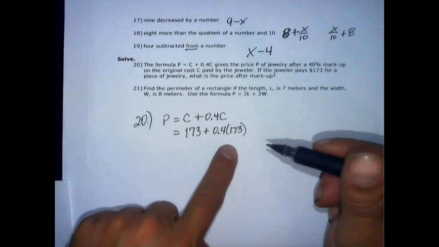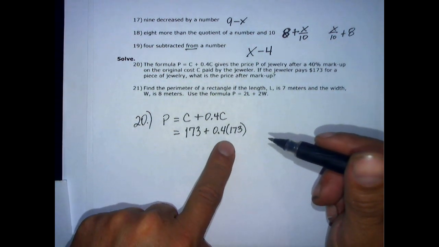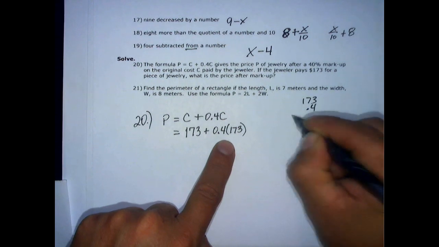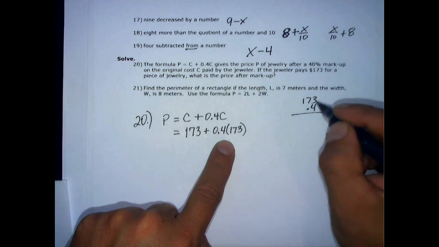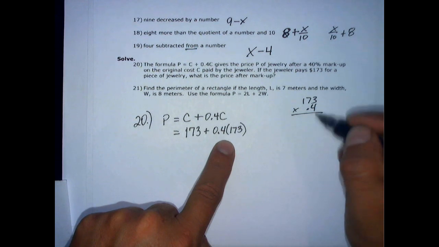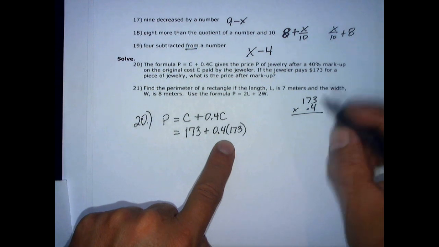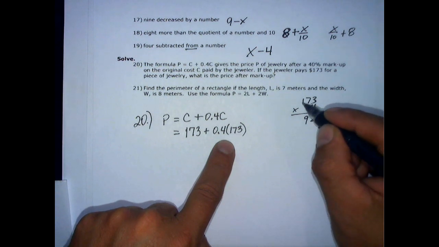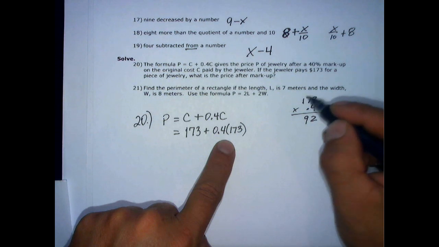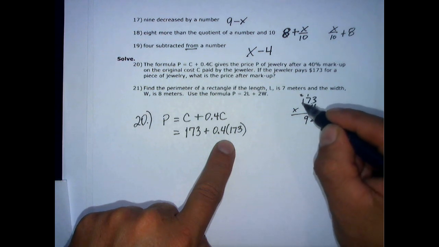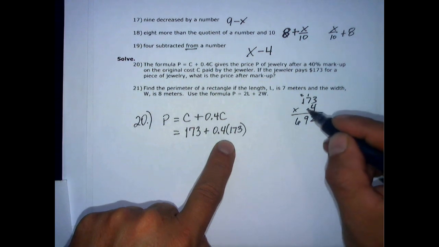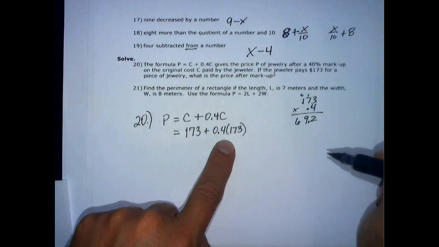Okay, so we're going to have to do this multiply first. And we might have to review some multiplying of decimals in the future. So we're going to multiply these two. We'll multiply the numbers first as if they're just plain old numbers. 3 times 4 is 12. 7 times 4 is 28. Carry the 1 and we get 29. And then we have to carry the 2 from 29 over. 4 times 1 is 4 plus 2 is 6. And then we put 1 decimal point there. So this is going to be